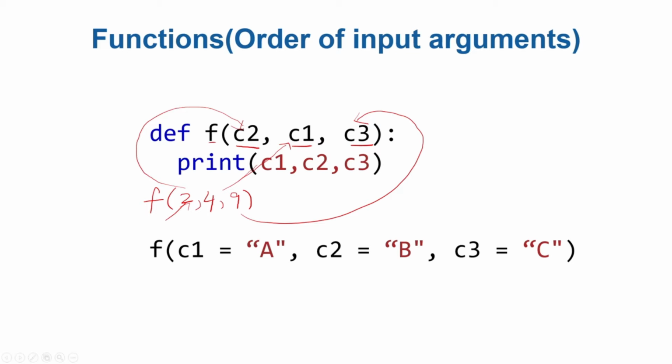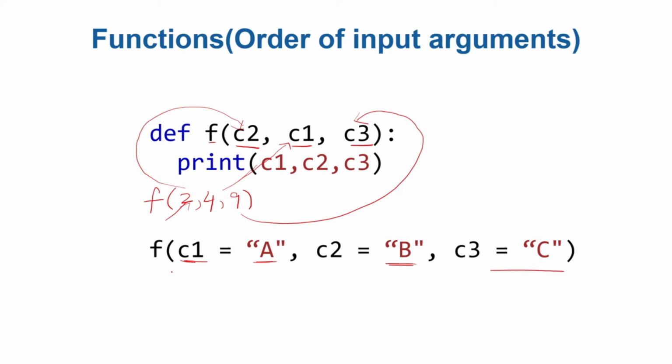One workaround for this is at the call time you actually define the variable names and their values. For example, you call f and you say, okay, c1 has this particular value, but this way you need to know that the symbol name in the definition is exactly c1. So c1 has this value, c2 has this value, c3 has this value. Once you, at the call time, have defined your variable names along with their values, then you are